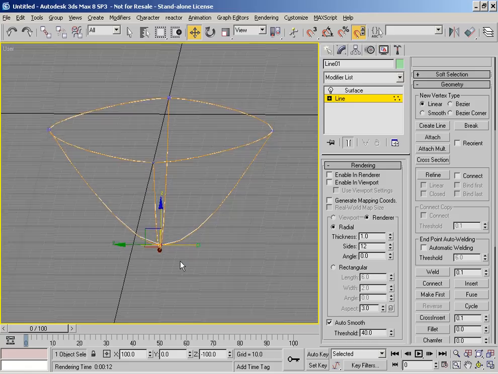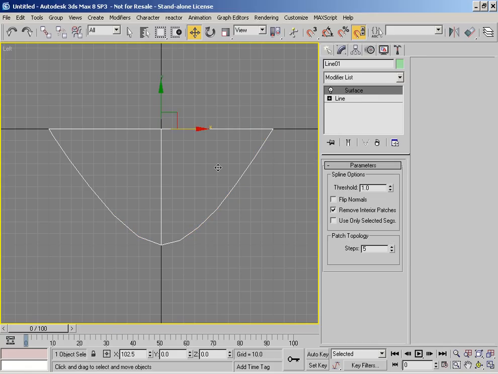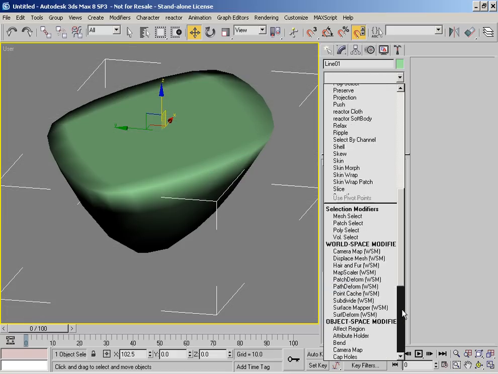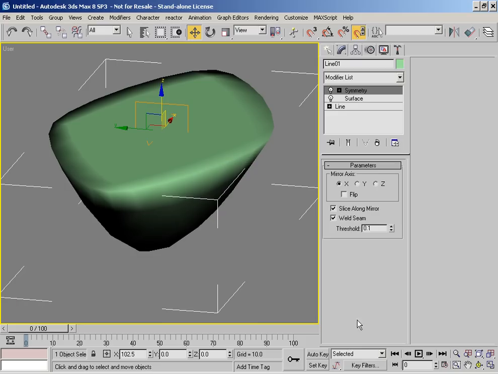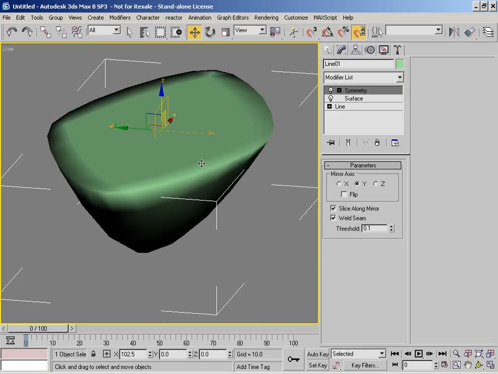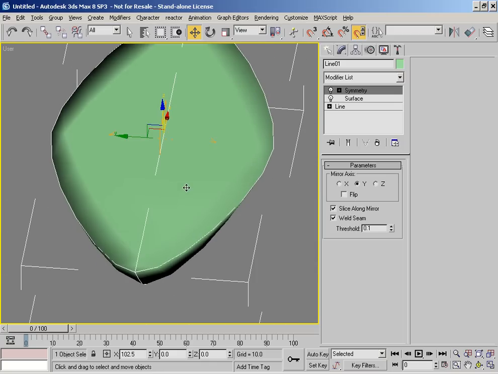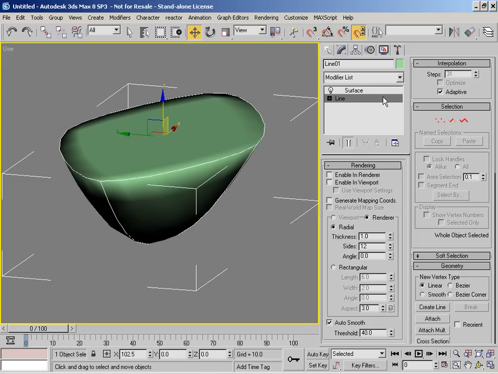Obviously it's slightly off, basically because I've modelled it slightly off center. However, what I can do is use a symmetry modifier, which if I do it in the y-axis, will mirror one side to the other, so I get a perfect symmetrical result. I want to create a depth inside the boat, so I'm just going to ditch the symmetry for the minute and then go back to the line,